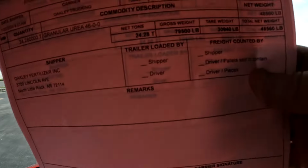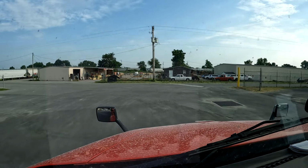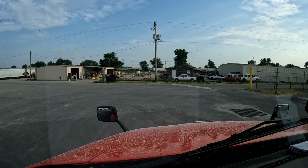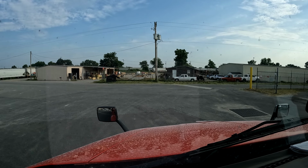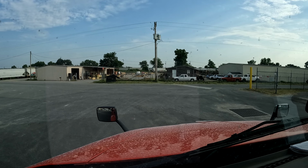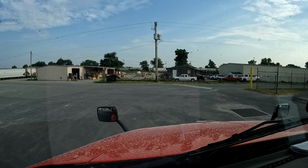Here's what the paperwork looks like. So I ended up, of course, the weights they put on the paperwork are weights without me in the truck. So they got me at 79,500, net product weight of 48,560. So about 24¼ tons. I didn't want them to put that much in, but you know,